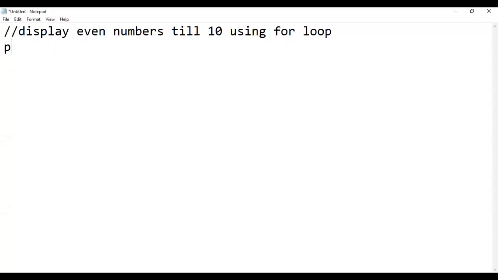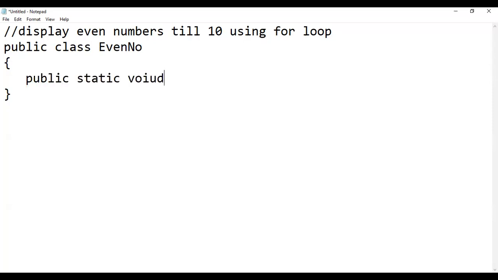So firstly, we will define a class, public class EvenNumber. In the class, firstly, we will define a public main method, public static void main.